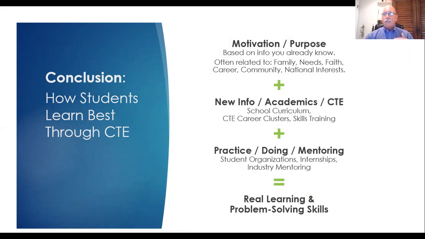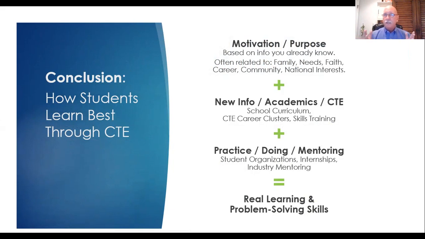Now, the next thing you need is a way to do that, a way to accomplish it. And so that's where you go to school, you get your CTE internships, you get your CTE education, you get skills training to say, if I'm hungry and my motivation is to feed my family, now I need to know how to plant, how to harvest, and that means I need new information, and I need to practice with my skills training how to plow and how to grow things, right? That's the second thing. I've got my motivation, now I've got my new information and I'm practicing my skills.